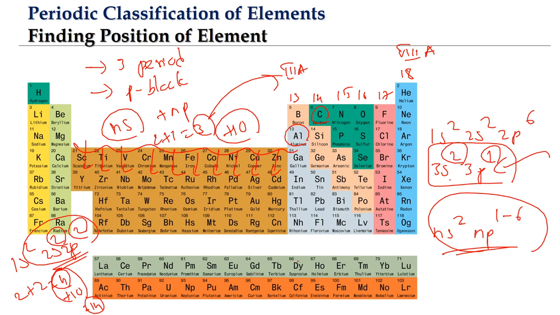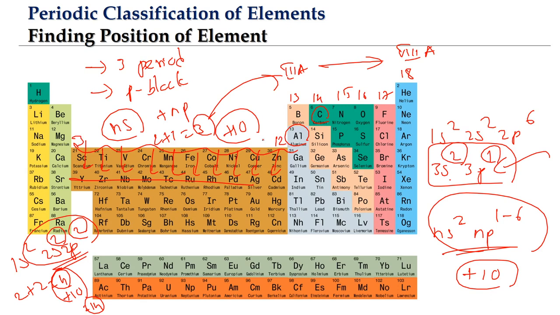So the group number for the P block elements, how do we give it? We add ns electrons and np electrons, and if you want the modern number, you have to add another 10. Old number means whatever number you get, you just attach the a, because that is the old numbering mechanism: 3a, 4a, 5a, 6a, 7a, 8a, like that. New numbering means we have to add another 10, because there are these 10 columns coming in between, 3 to 12, that is the D block. So this is how we are going to find the group number of the P block elements.